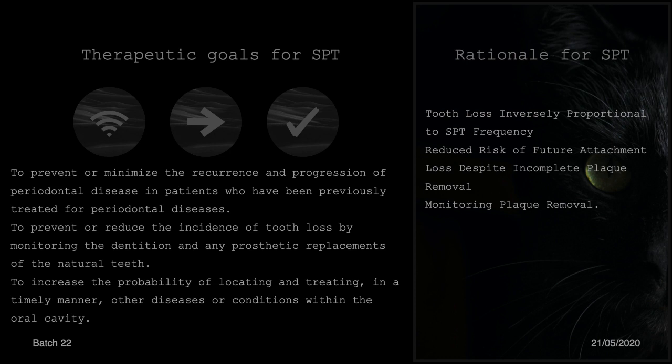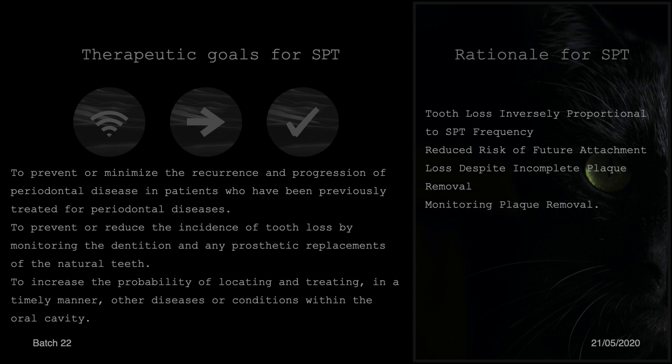The therapeutic goal of supportive periodontal therapy is to prevent or minimize the recurrence and progression of periodontal disease in patients who have been previously treated for periodontal disease, and to prevent or reduce the incidence of tooth loss by monitoring the dentition and any prosthetic replacement of the natural teeth if required, and to increase the probability of locating and treating in a timely manner other diseases or conditions within the oral cavity which occur within